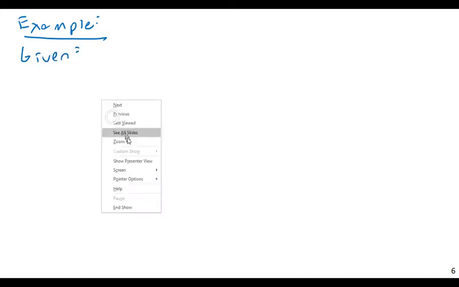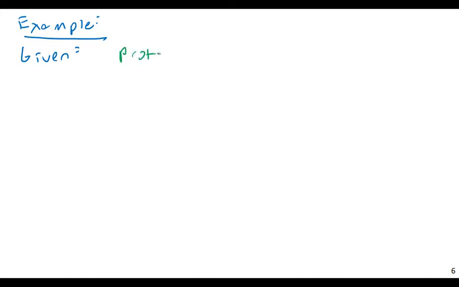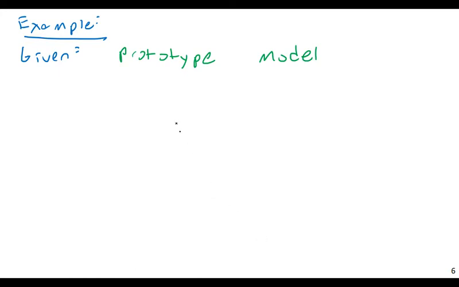Given a prototype, and I have a model where the system is like this. I have a diameter,